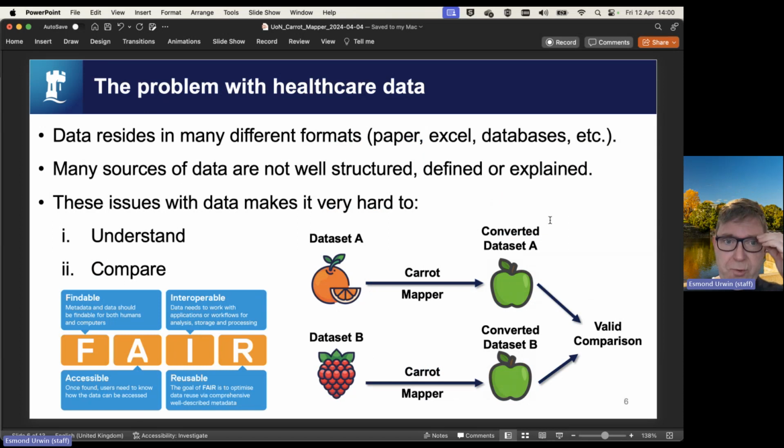Problem with healthcare, I'm sure many of us know this. Data resides in many different formats: paper, different data sets, Excel, etc. Many times this is not well structured, not well defined, and not well explained. And thus the outcome of this is it is hard to understand, and it can be incredibly difficult to compare data sets. Thus the focus is FAIR data, making it findable, making it interoperable, making it accessible, and making it